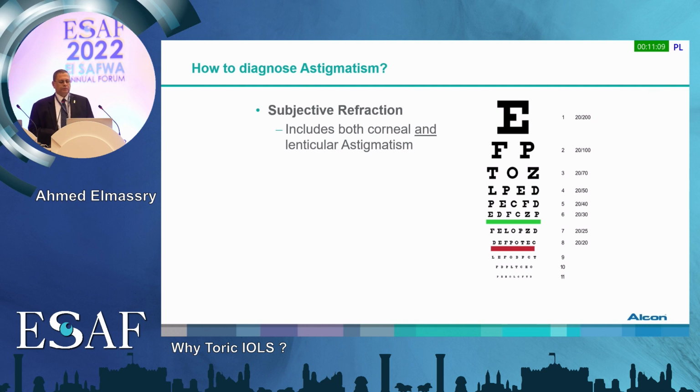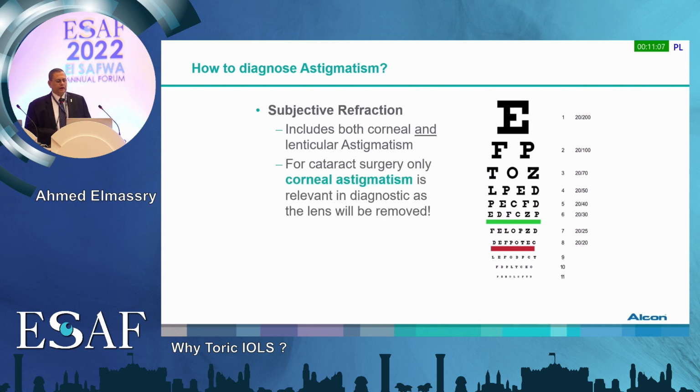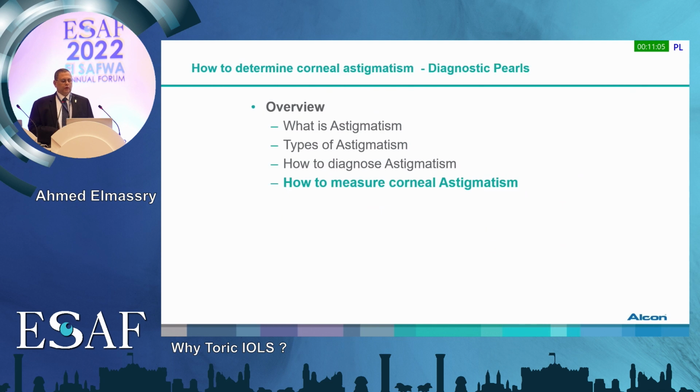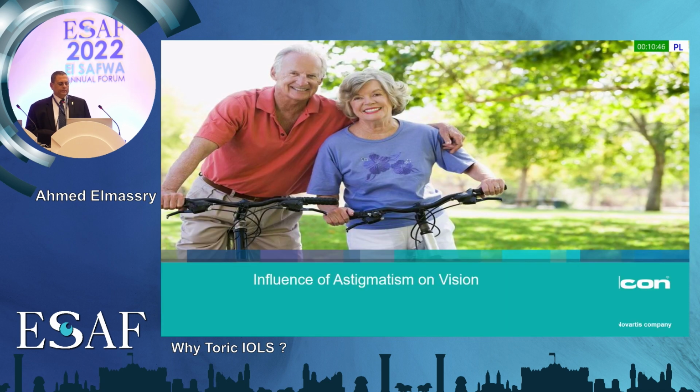Subjective refraction includes both the corneal and lenticular astigmatism. For cataract surgery, we are concerned only with the corneal element, not the lenticular element, but we have to differentiate between whether it is corneal or lenticular, and recent machines like the EyeTracing have a role to distinguish between the corneal and the lenticular, as we are going to see in my presentation about the EyeTracing with the trifocals. How to measure the corneal astigmatism? Simply,